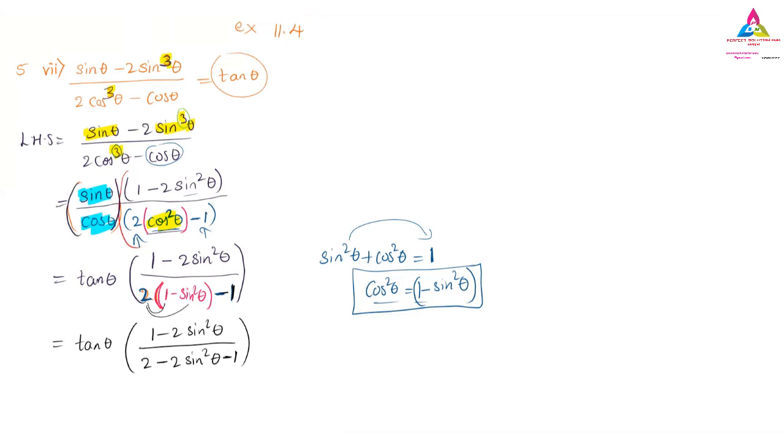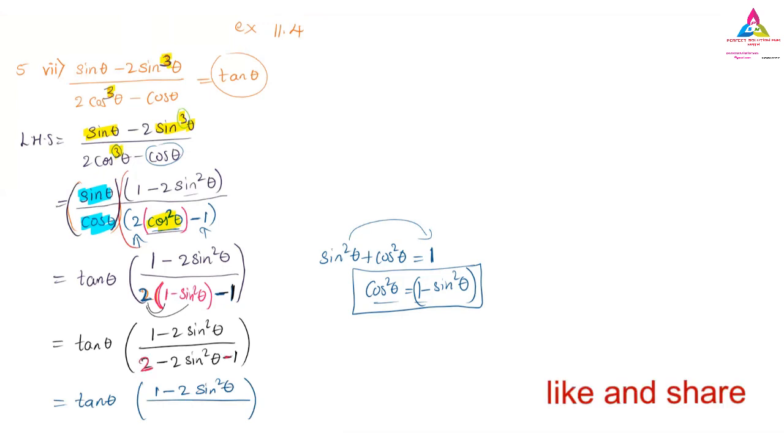The next part is, I will write tan theta as it is, and we have 1 minus 2 sine square theta, and the whole divided by, now the calculation part. So 2 minus 1, both are constant numbers. 2 minus 1 is how much? Minus 1? See, the question is 2 minus 1. The greater number's sign is minus or plus? I'm not saying plus, so it is plus 1, not minus. In that 2 I am minusing 1, so 1.